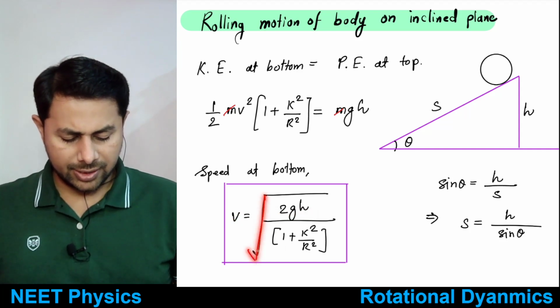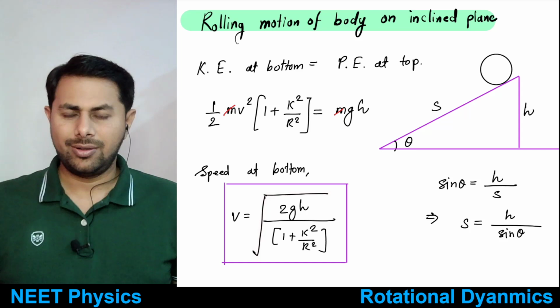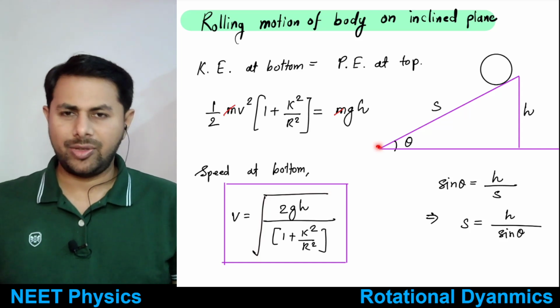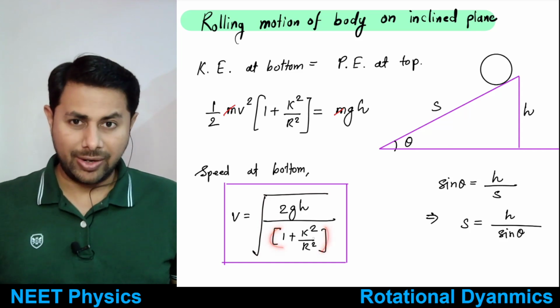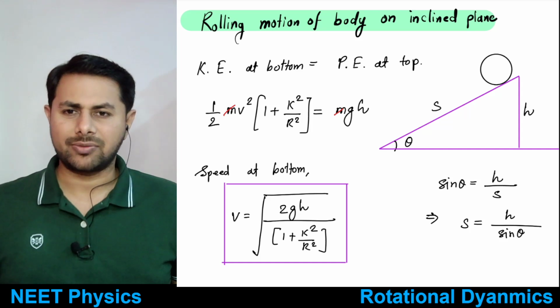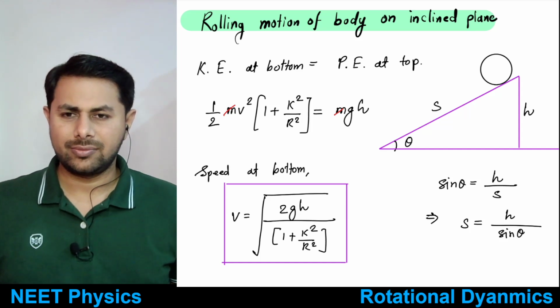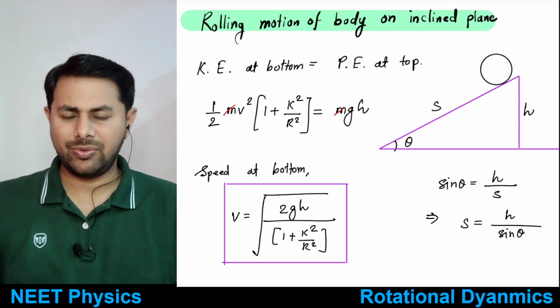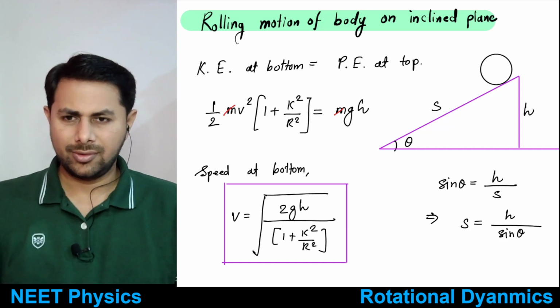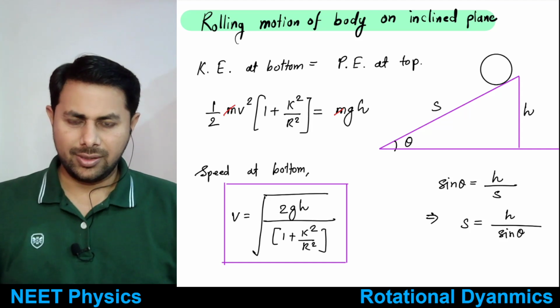Okay, this thing is clear. Velocity at the bottom would be equal to square root of 2gh divided by 1 plus k square by r square. Is this thing clear, everyone? Right. Okay, then